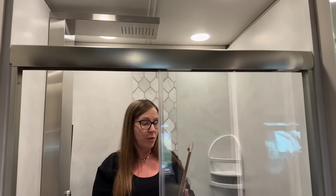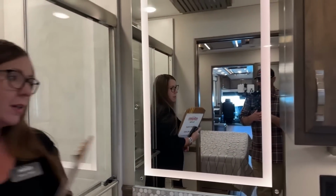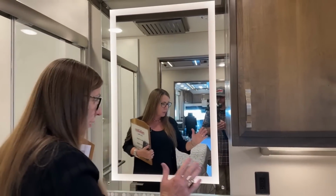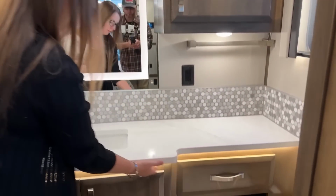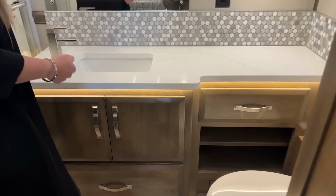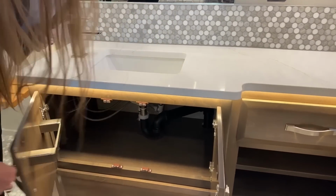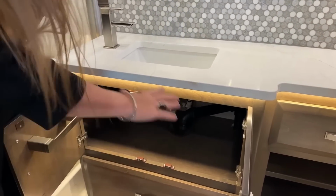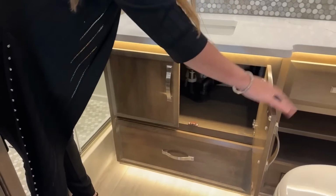Another nice feature you'll notice is that in our vanity here, we have this beautiful backlit mirror, and of course, Renegade knows how to really make things pop. I love this under cabinet lighting that you'll find throughout the coach. And you'll find we also have under slide lighting as well, and you can even change the colors, so that's pretty cool. Plenty of room here for lots of linens, all of your towels, even if you've got beach towels,